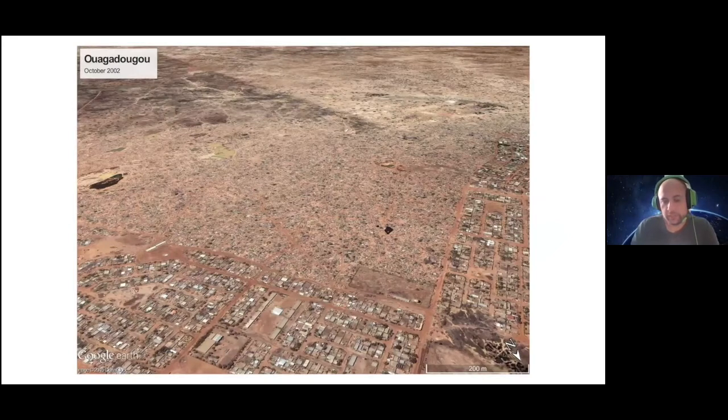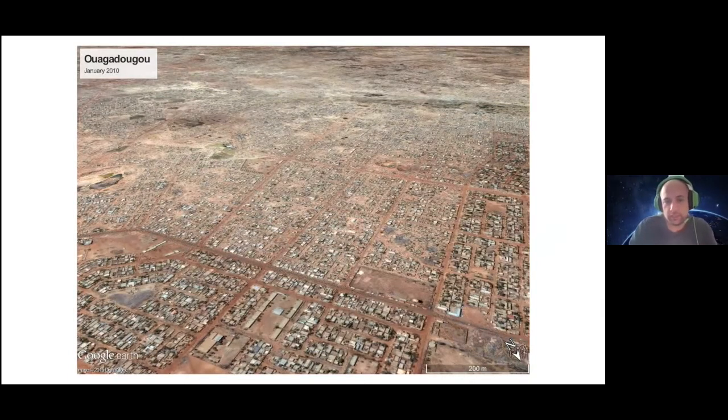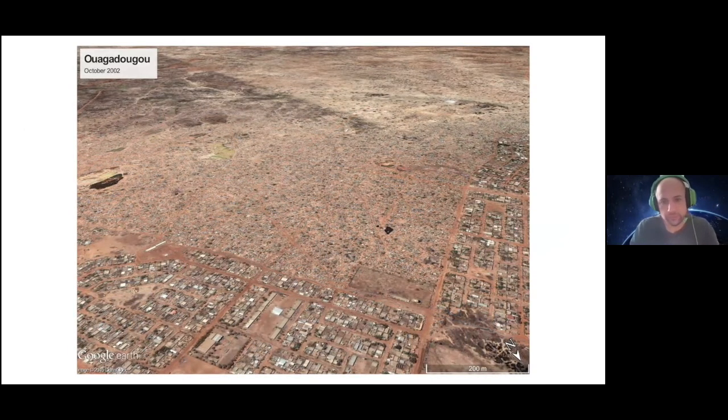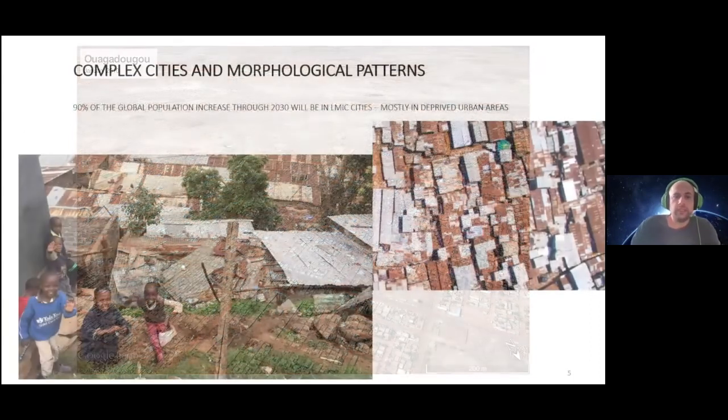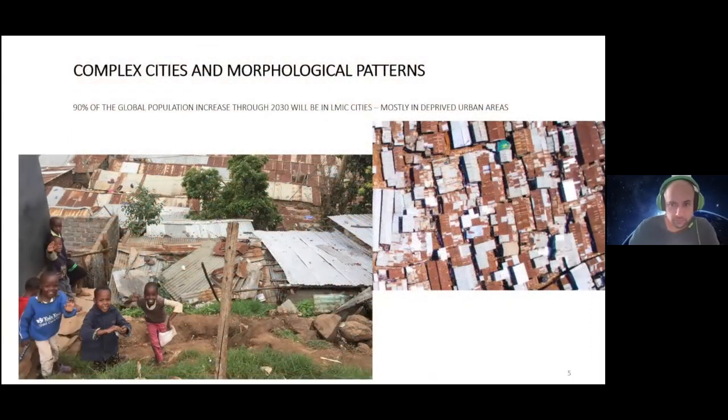And quickly here we can see what I mean about this rapid growth of the cities. We have Ouagadougou in 2002, then just 8 years later, we have seen a complete transformation and expansion of the built-up areas, and also the type of these built-up areas. We can see that from an unregulated, unplanned slum region, it has kind of been upgraded. So there is rapid change, and the cities are becoming more and more complex to monitor. We need a lot of data for these cities.